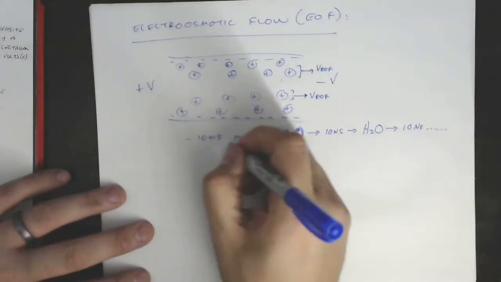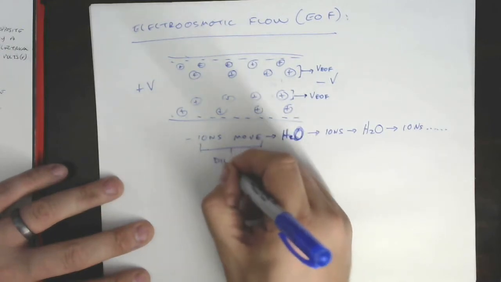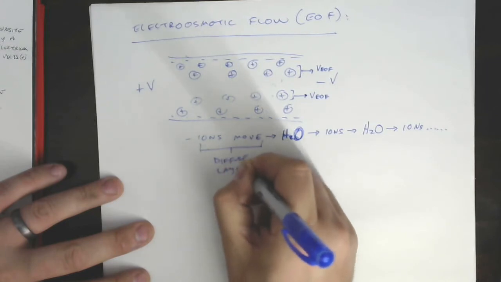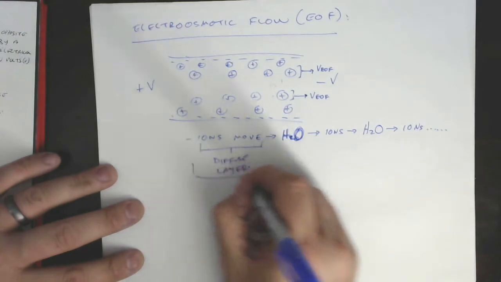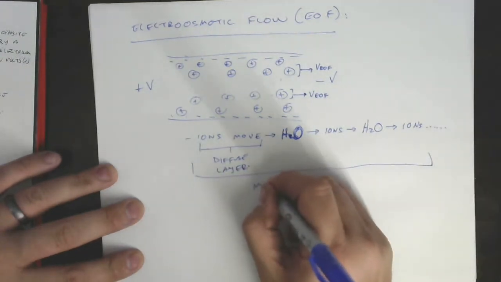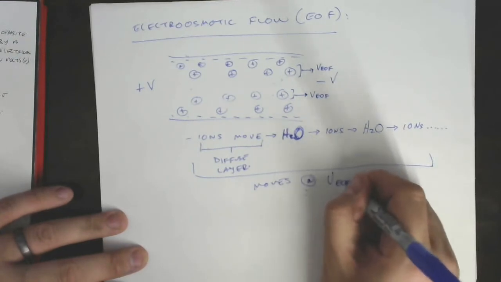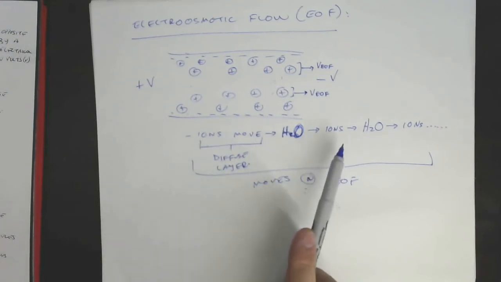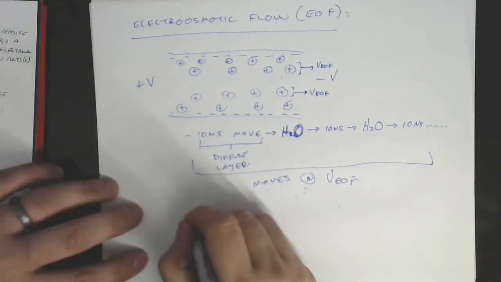The point is that only these belong to the diffuse layer. All of the rest of this is going deeper out into solution, but all of this moves at the EOF velocity because they're all dragging each other along. Basically, our diffuse layer ions move, they drag water at the same velocity, which drags ions at the same velocity, which drags water, which drags ions, etc., until eventually EOF